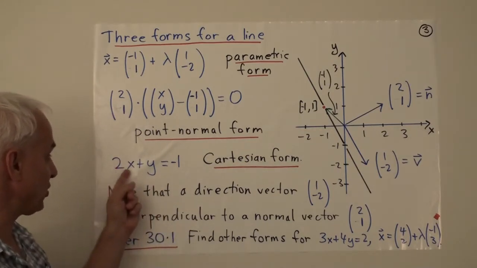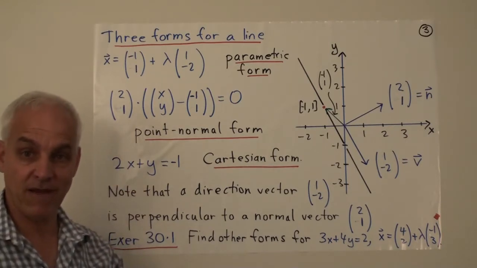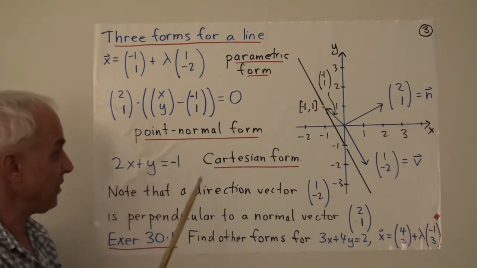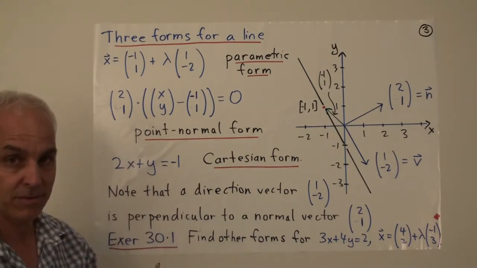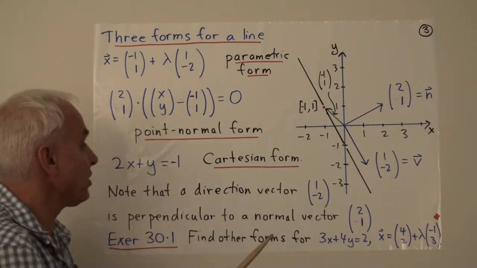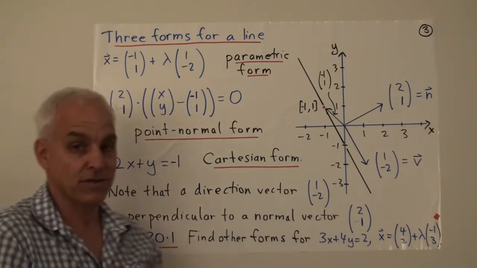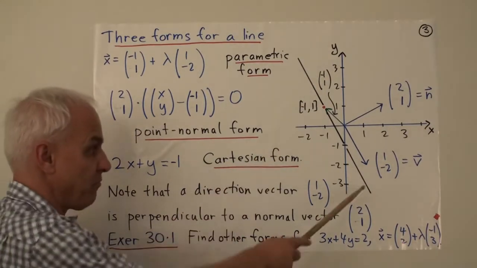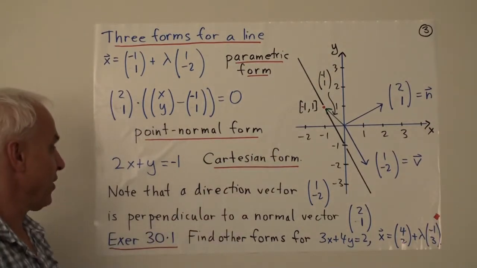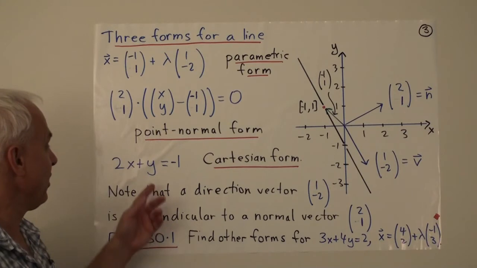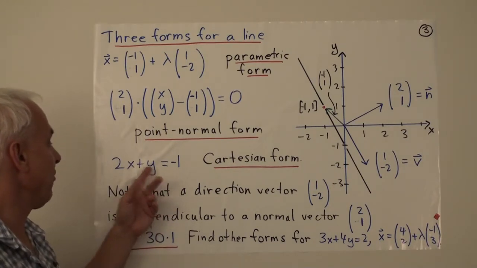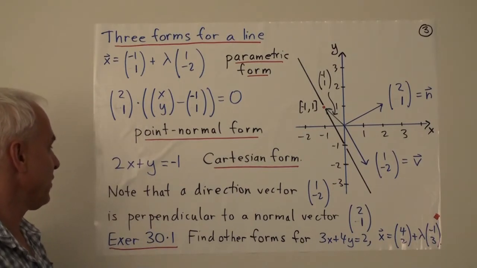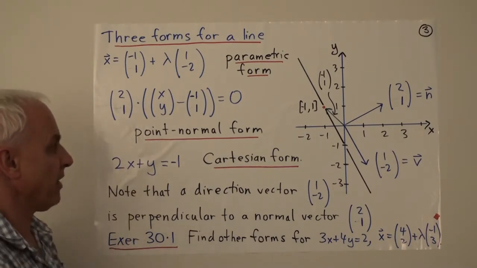It's just the coefficients of x and y put together in a vector. So this coefficient 2 and this coefficient 1 together give the normal vector (2, 1). And the other ingredient is a point on the line. For that there's a wide range of choices because there are lots of points on the line to choose. The simplest thing is usually to let one of these variables be a particular value and then just solve for the other one. So for example, if x is 0, then y is minus 1.